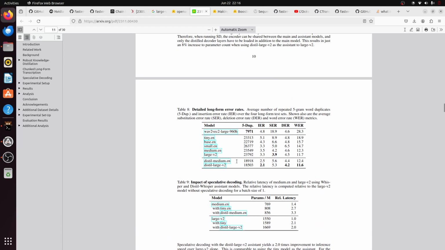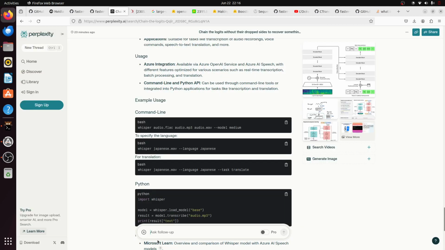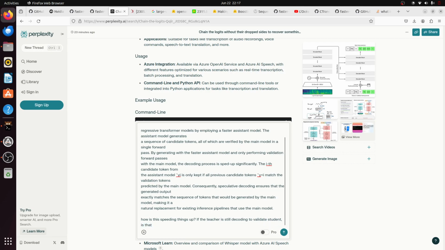Yeah, seems cool. I think this is a general common sense part that I should know, but I need to ask this. How is this speeding up? Well, actually, let me do it this way. If the teacher is still decoding to validate, isn't that waste not as good as